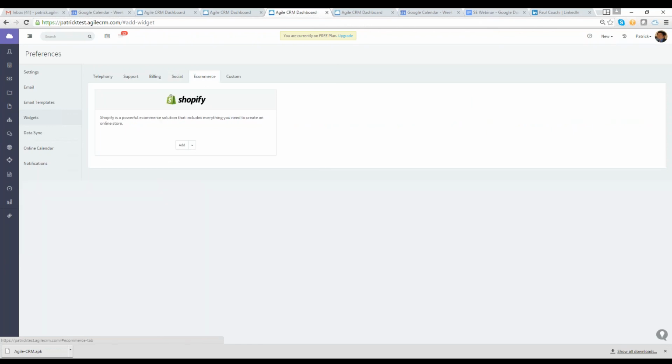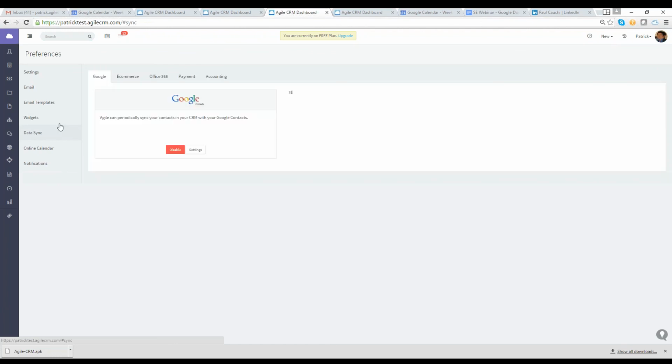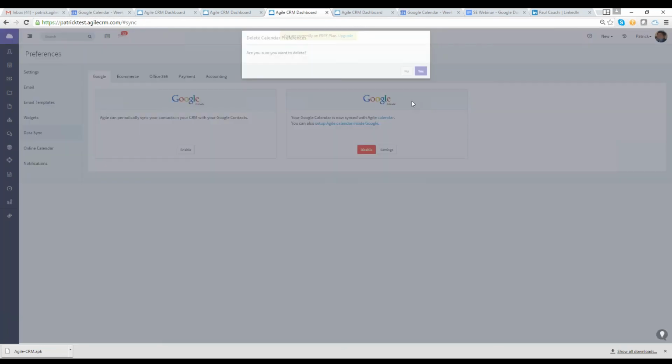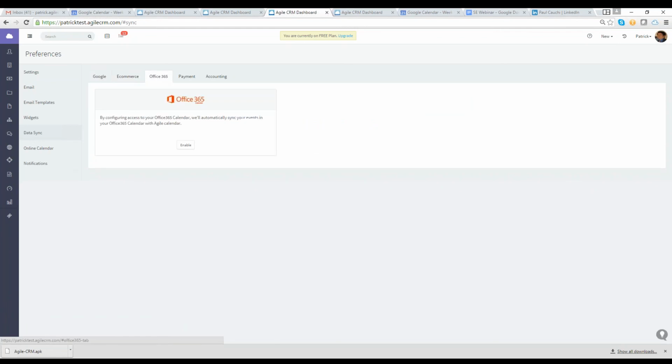e-commerce such as Shopify, custom as well. You can also sync data as well. You have the Google, of course, we did this earlier. I'm just going to disable it now that the demo is coming to an end. I may as well use that to show you how to disable things, right? Some of you guys are adding them, then you want to disable them later. That's how you do it. Look at e-commerce. I could data sync with Office 365 as well, payments, and accounting. We add new integrations all the time. You can take a look here. And